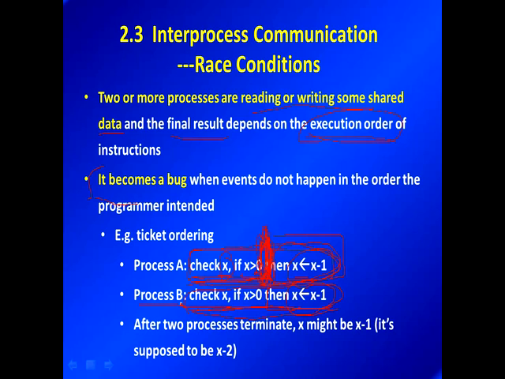If we can make sure that while process A is executing these 3 instructions, the other processes cannot access X, they cannot get into their critical regions to read X or write X,